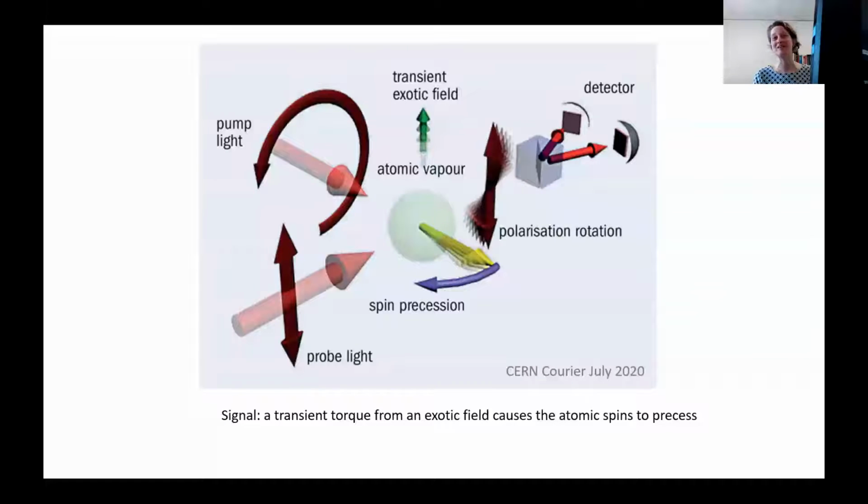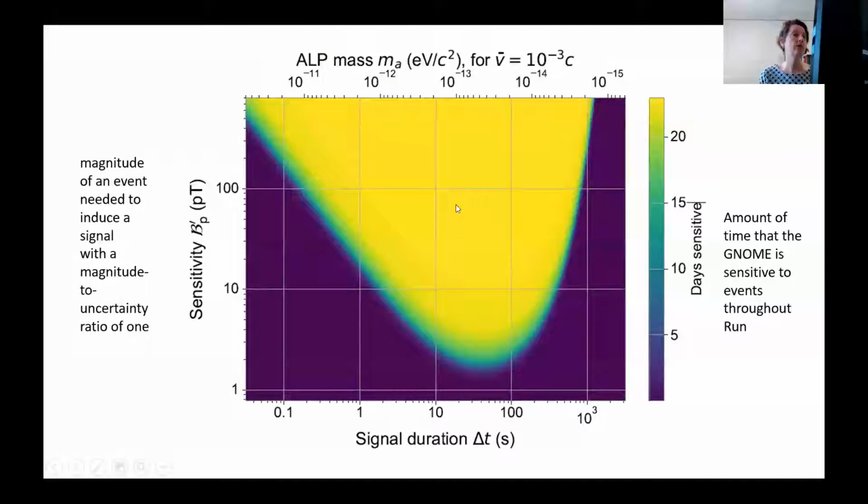It's not exactly a magnetic field that you're measuring here, but in fact, it's the interaction of the particle with the spin. So the idea is that these exotic particles would interact with the spin. This is actually beyond the standard model, so it's putting limits beyond what the current physics is. And the idea is that it interacts with the spin and that you can see this optically through the interaction with the atoms. Now, this is a bit of a complicated graph, but the idea is really they want